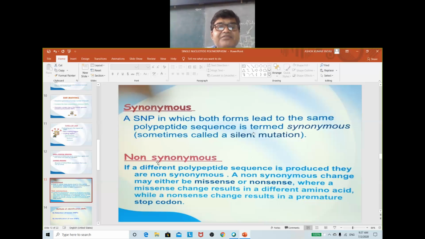In case of non-synonymous, I'm talking about the different polypeptide sequence produced by non-synonymous, meaning missense and nonsense. So what is the difference between missense and nonsense? If a single nucleotide change